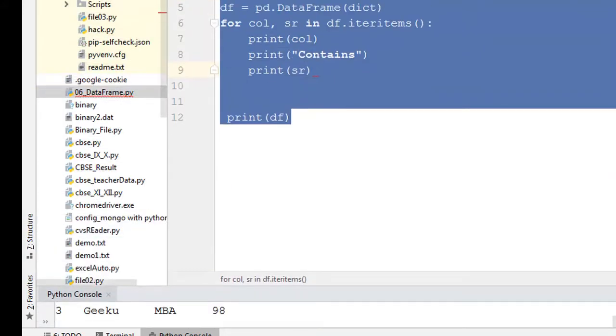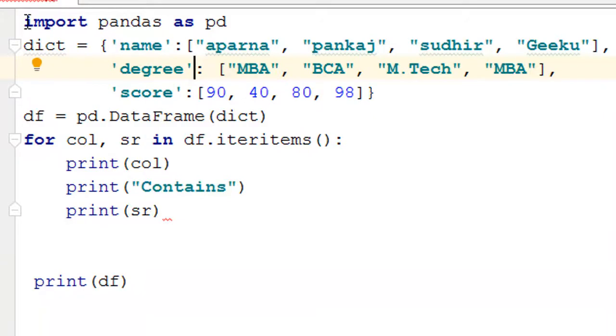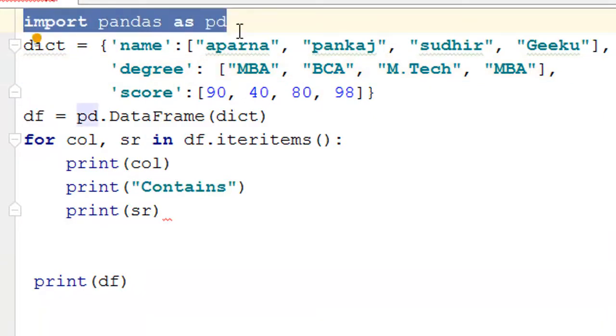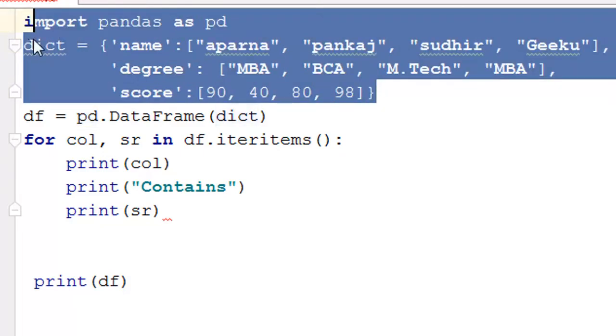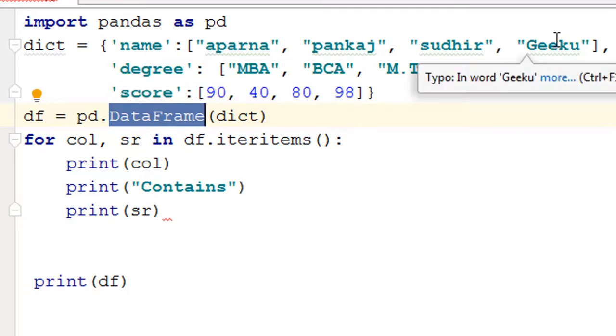So let us quickly see what I have done. First of all, I have imported the package pandas. Obviously, to work with data frames we have to import pandas. Then I have created a dictionary, and from this dictionary I have created a data frame. So this command creates a data frame with 3 columns: name, degree and score, with 4 rows.